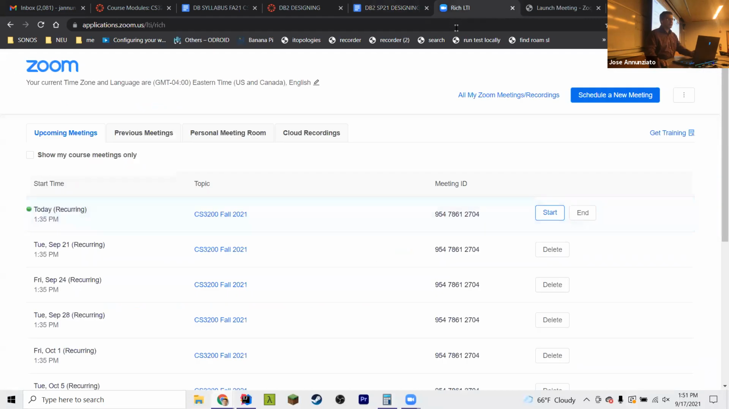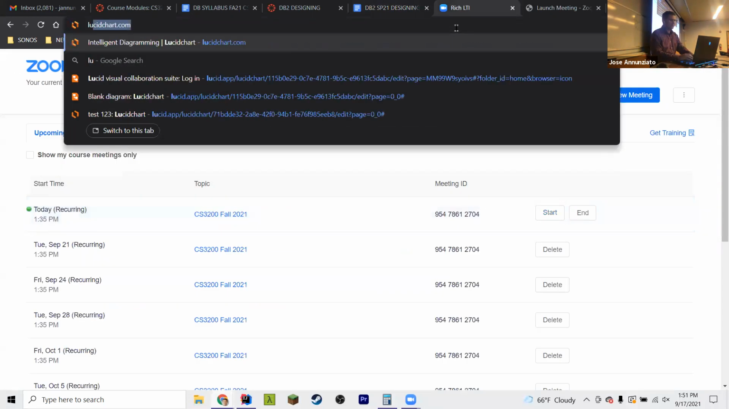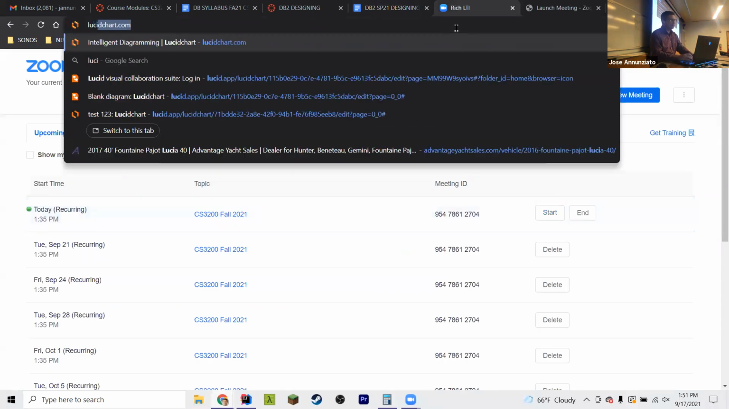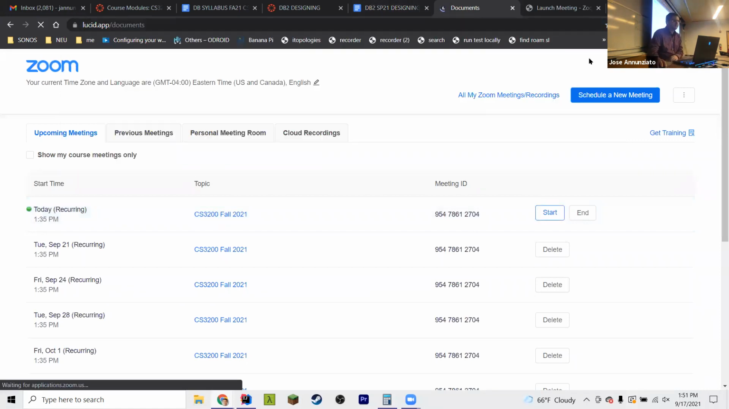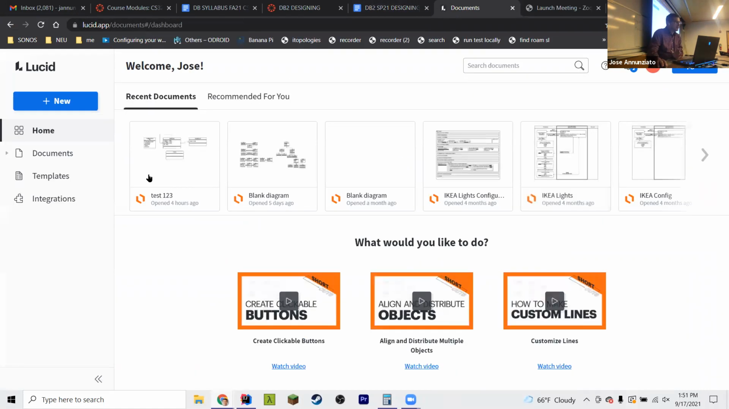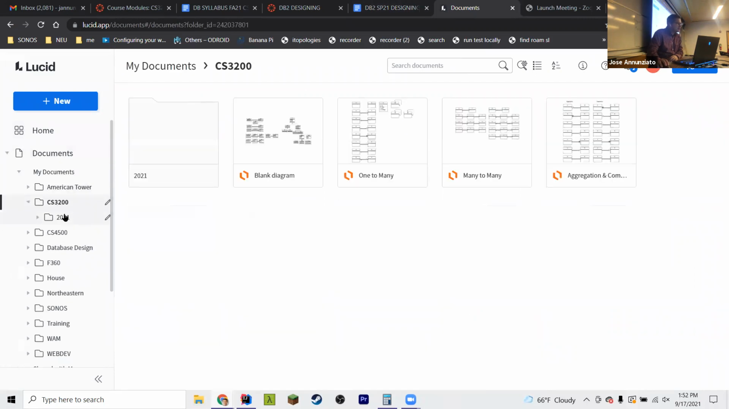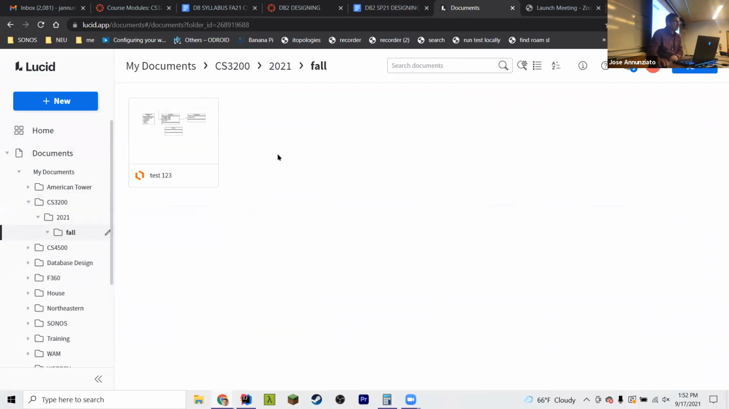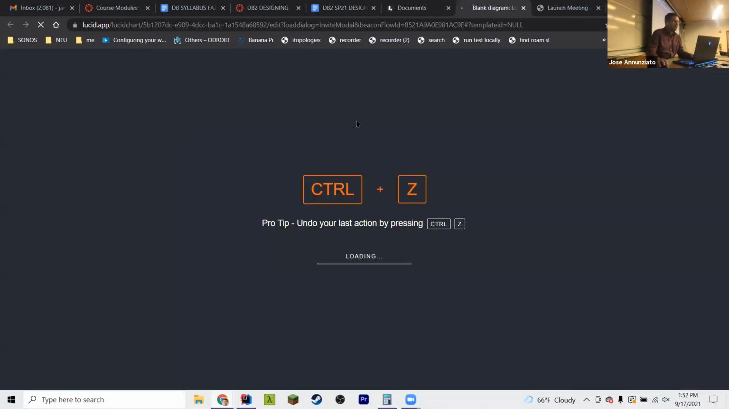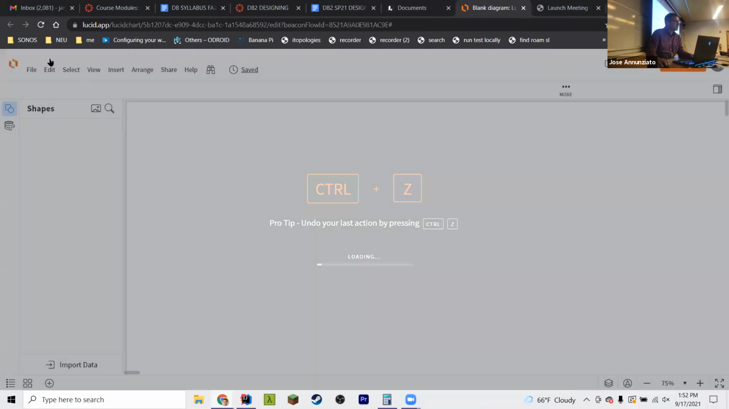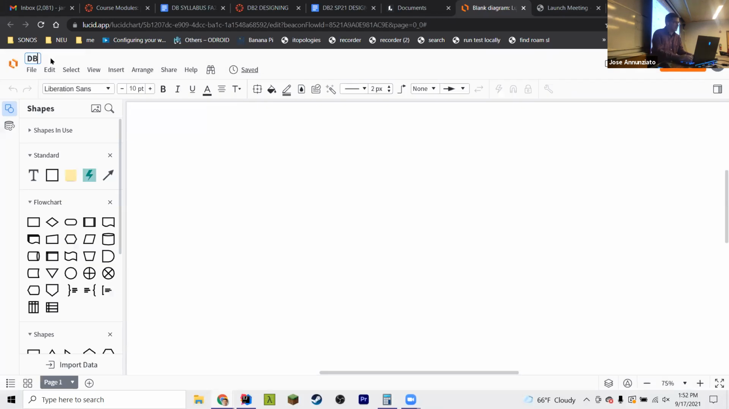If you type Lucidchart here, I believe I'm logged in already. Okay. Documents, cs3200, fall. All right, let's create one for the assignment DB2. So I'm just going to say new Lucidchart blank document, and we'll call it DB2